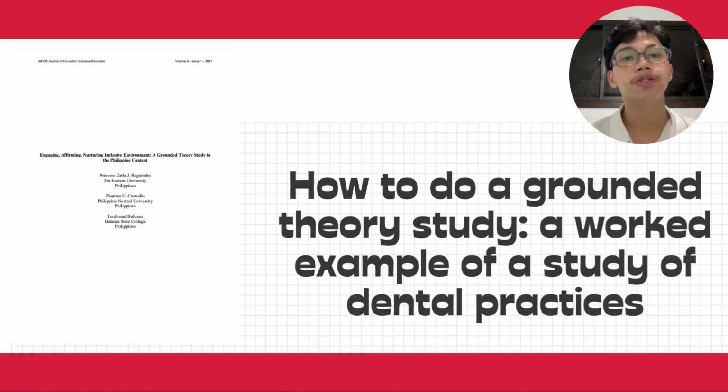Grounded theory helped the researchers systematically analyze data through stages of coding. They identified patterns and themes from the interviews and observations, eventually categorizing these into three dimensions: engaging, affirming, and nurturing environments. These dimensions emerge organically through iterative coding, where initial codes are refined into focus categories. The researchers employed constant comparative methods, comparing data points to develop a cohesive theory explaining how inclusive education environments operate